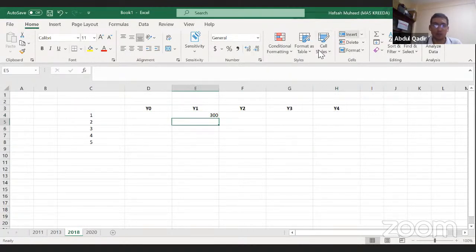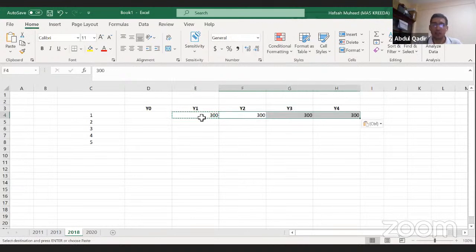The question is question number 5, part A, 2018. The first one is annual operating cost saving. So you have a cost saving of 300 each year. That cash flow will come for all the 4 years. Why? Because it says annual cost savings.